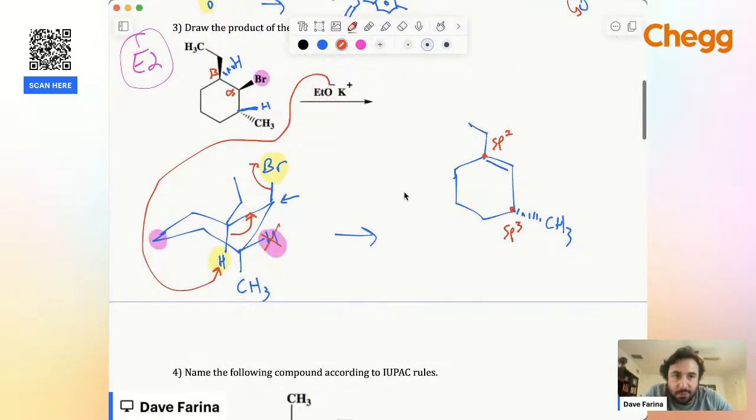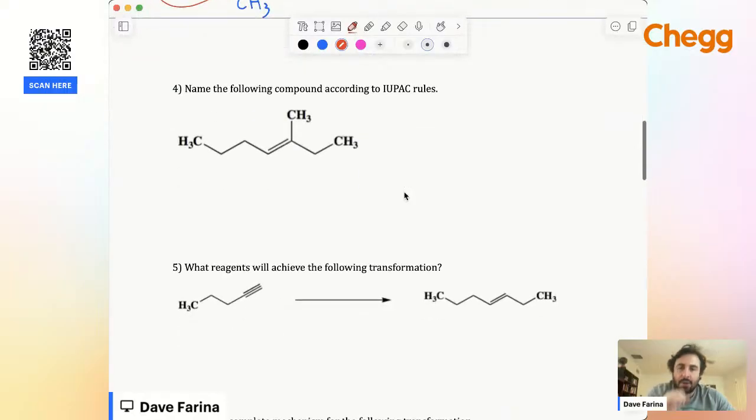Okay, let's move on. A little bit of nomenclature, why not, right? We have an alkene, and there are no other substituents other than alkyl. We're going to number the carbon chain so as to give the double bond the lowest number. First, we have the longest carbon chain. That's very easy because we just have one methyl group there. There's nothing to really think about there. Now, are we going to number this carbon chain left to right or right to left? Well, we want the double bond occurring soonest. So we're going to go 1, 2, 3, 4, 5,